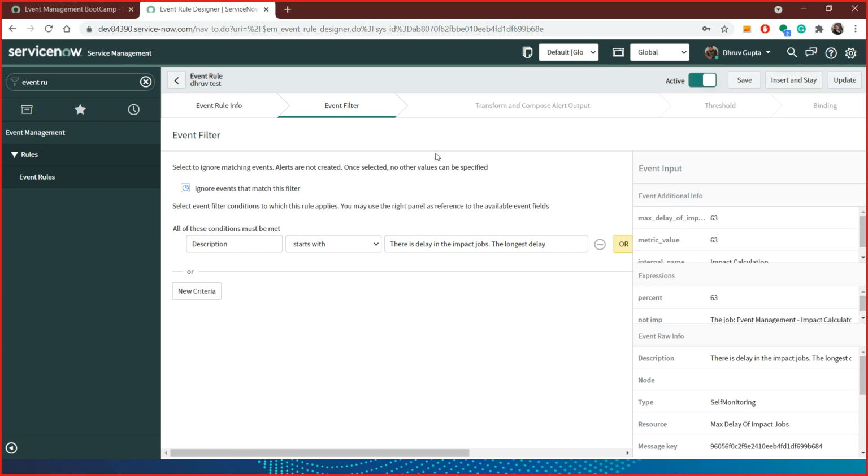And remember, out of the box, unless you have an ignore event, each event would be converted to an alert. So you need to have ignore events with each source. This is how you put on the ignore, and once you are ignoring that, these things won't make any sense.